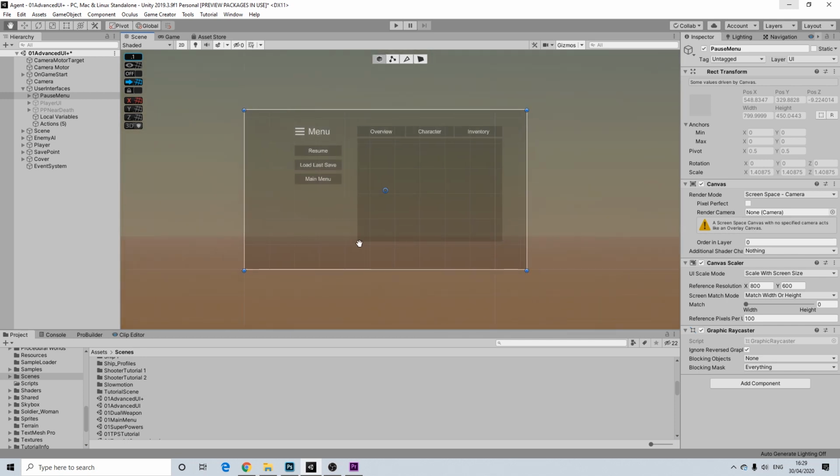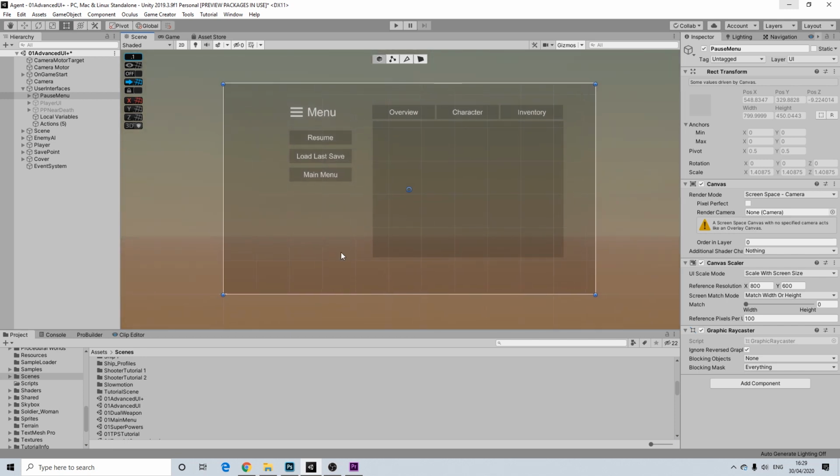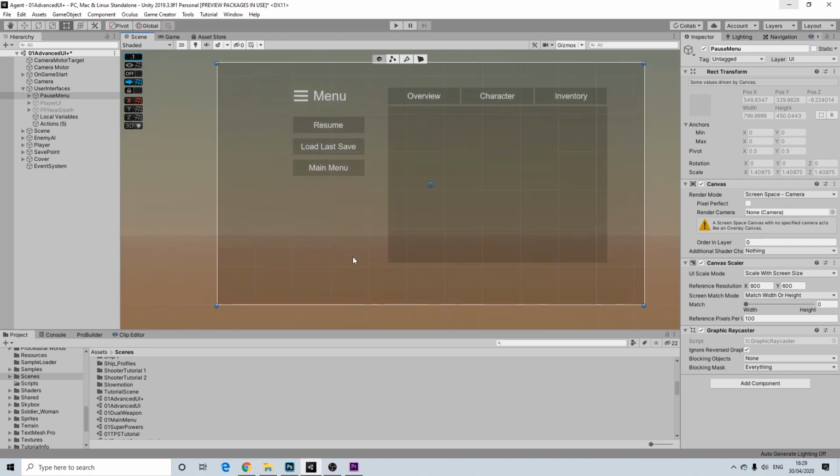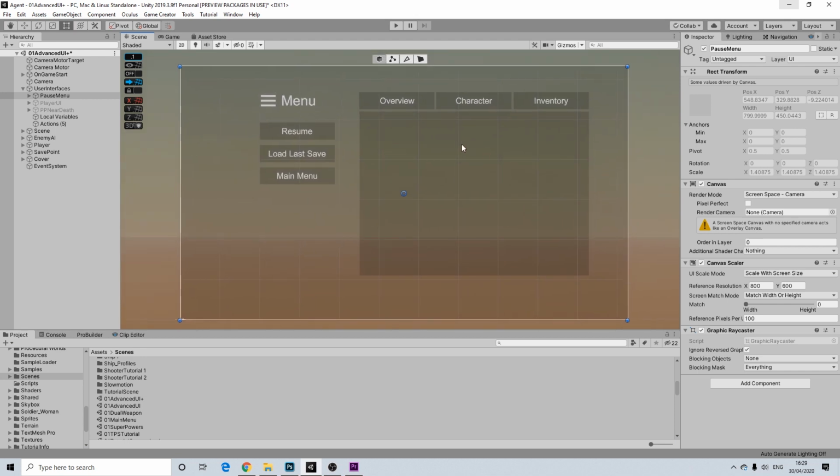So we have our default pause menu. We created this before. I already had a little inventory tab here. It just simply didn't do anything yet. So now is finally the time to finish this and actually have our inventory here. Now, what I'm going to do,